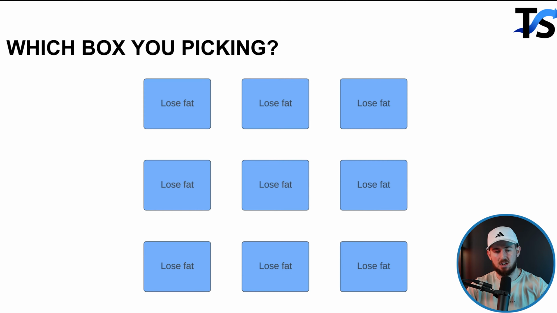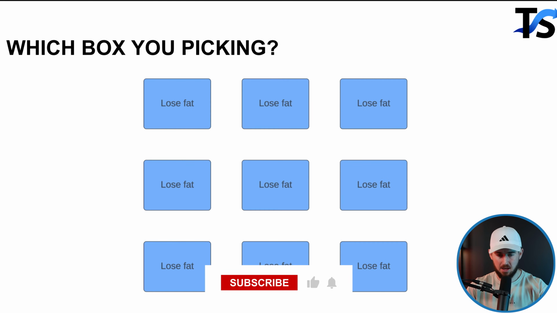Now, with market sophistication, I bet the easiest way to start off is by looking at the screen. I want you to take a look at this. We have a couple different boxes, and I just want you to think, hey, what box are you picking here? Because this is a great example of market sophistication. Take a second real quick. Which box are you picking?